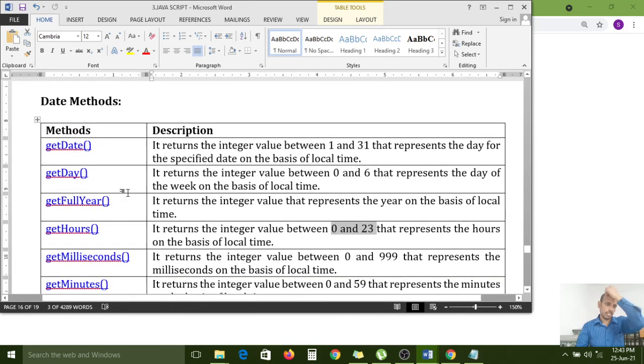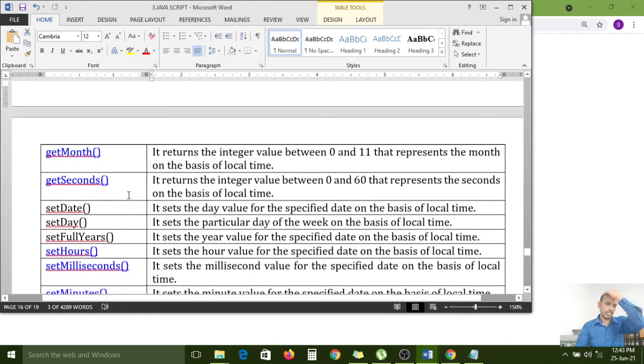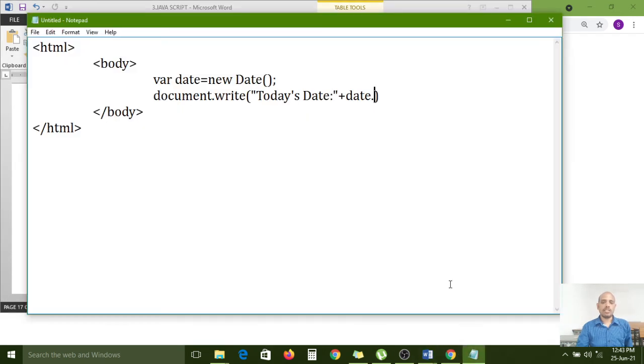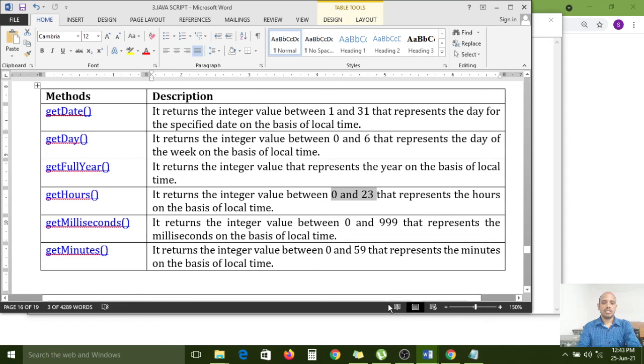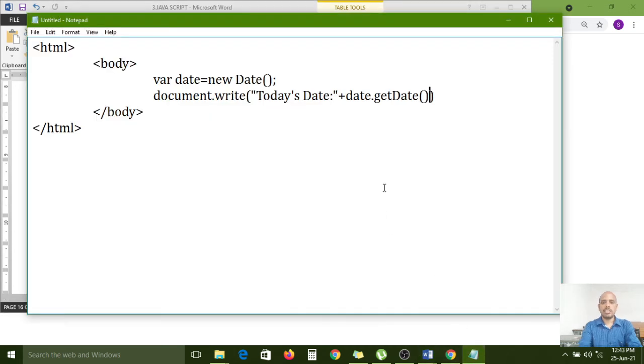Get date, get month, get year. Okay, get full year. So three functions we have: date dot get date function, get date. It will return the date.